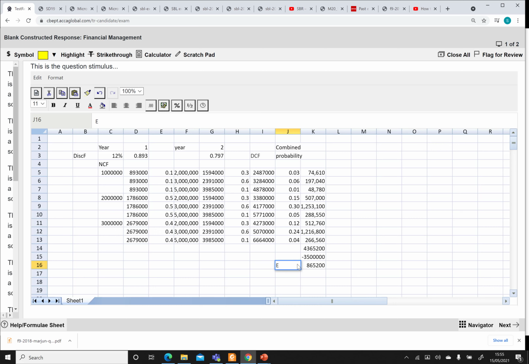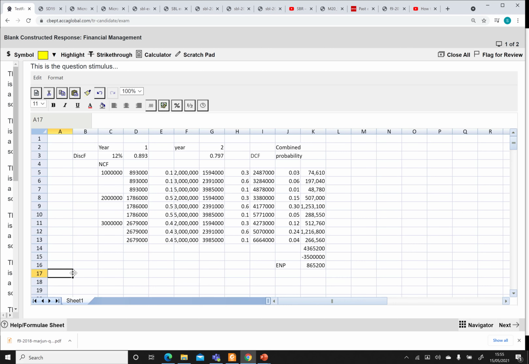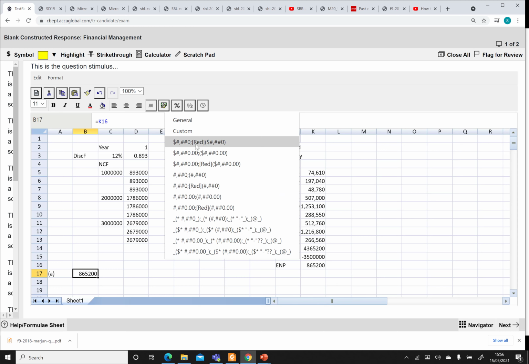So we've got an expected net present value of 865,200. If I look at the clock, that took me 10 minutes. And for an 8-mark question, I would normally have expected to have needed 16 minutes. So I think we can regard ourselves as being pretty much ahead of time. And I'm certainly going to put in here 865,200 and put it into the